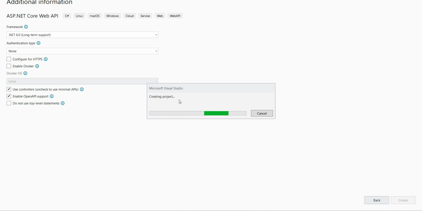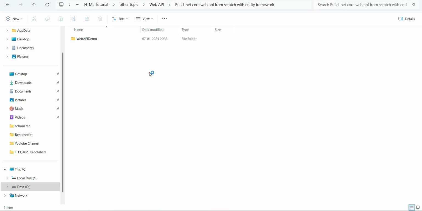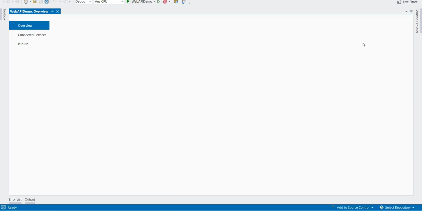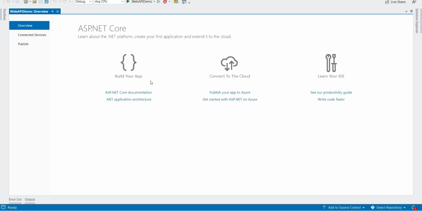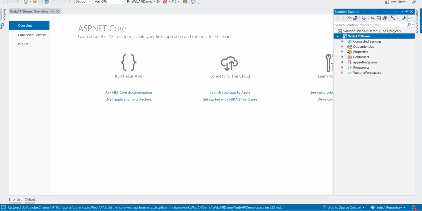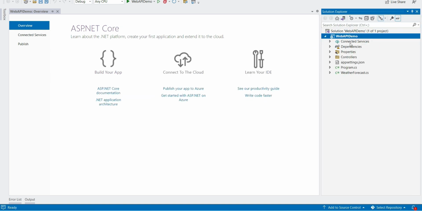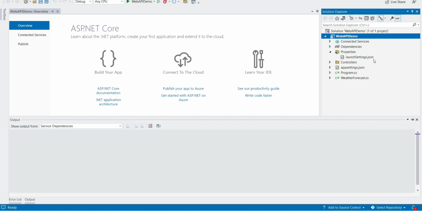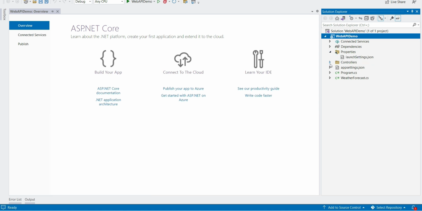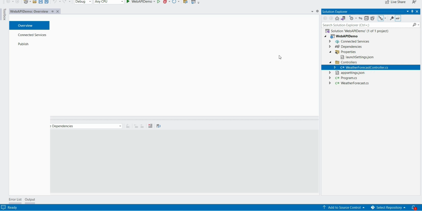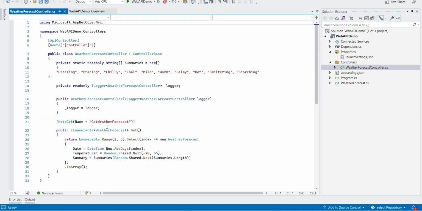Once this progress is complete, then we'll see the file and folder structure and what the default controller is and other supporting files. So you can see our project is ready, and this is the default page. As you can see, these are some default snippets, and if you open your solution explorer, we have our connected services, dependencies, and a properties folder. Here we have our launchSettings.json, and we have a controllers folder, and inside this there is a default controller. Let's open it. Here we have a default get API,